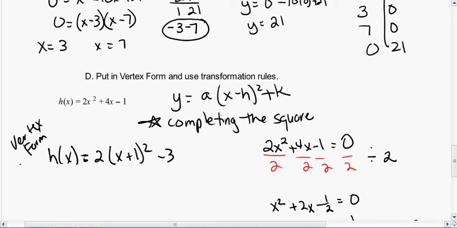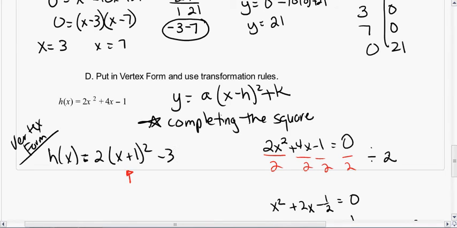And once again, if you're freaking out because you have never learned about completing the square before, it's okay. There's a video on the way to learn how to do that. Right now, the next part should be easy. So if I handed you this form, h of x equals 2 times (x plus 1) squared minus 3, you should be okay with telling me what the transformations were. How did the parent graph get moved? Well,